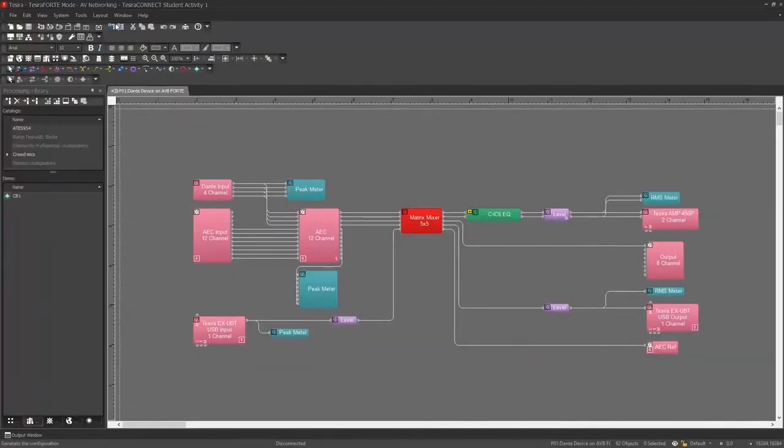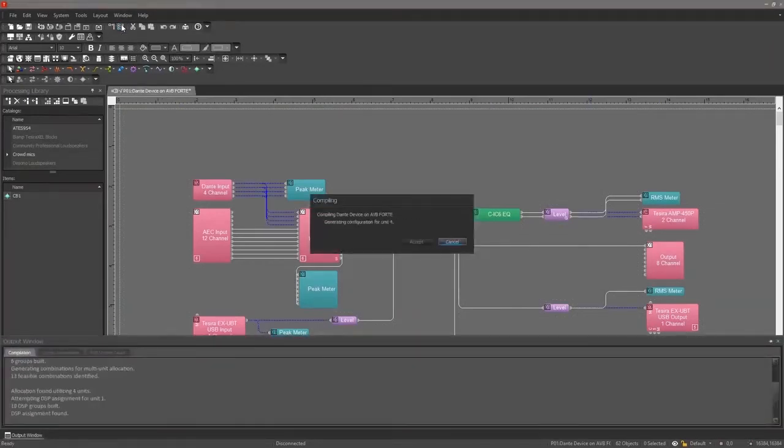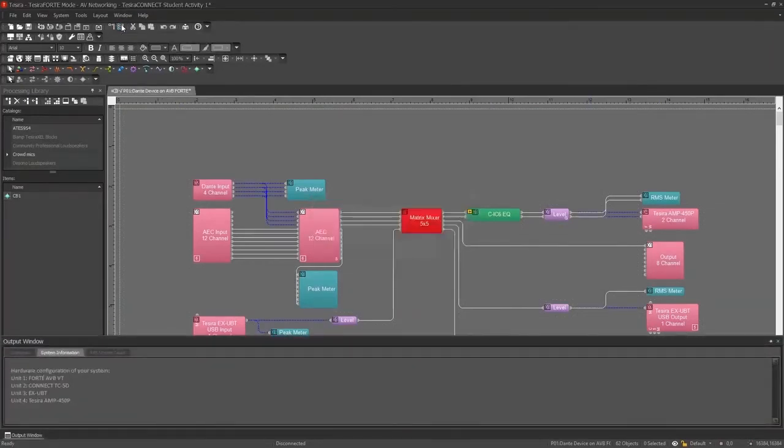So if you can see the screen, you have this layout. We have the VT. We have some Dante inputs coming into, let's say, these are microphones coming to our AEC with the EXUBT connected to all. And you just simply need to hit compile. So once you hit compile,